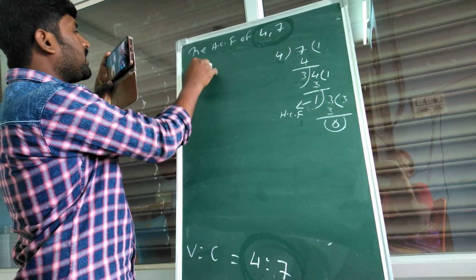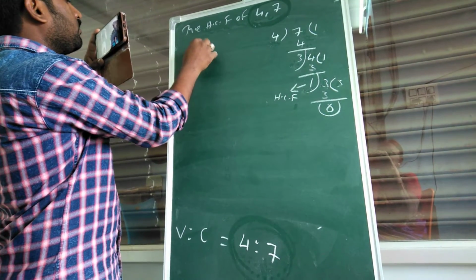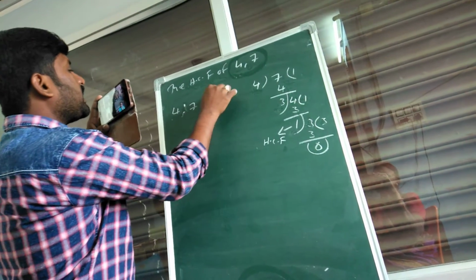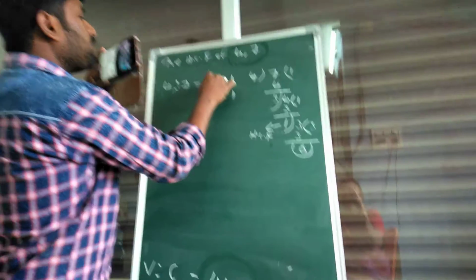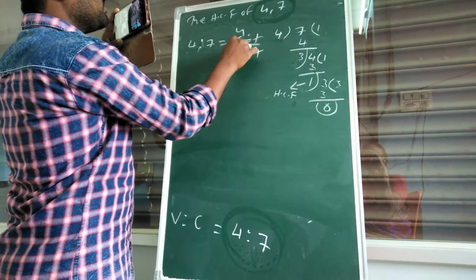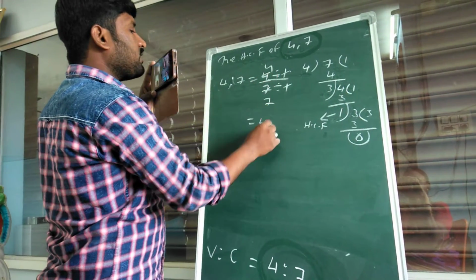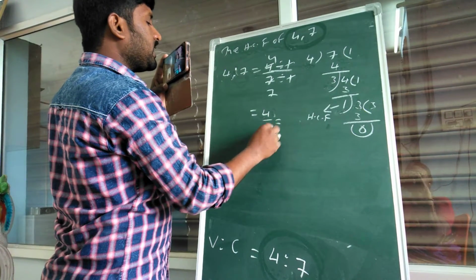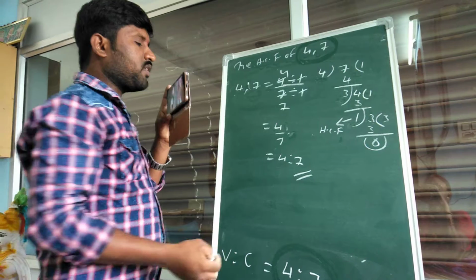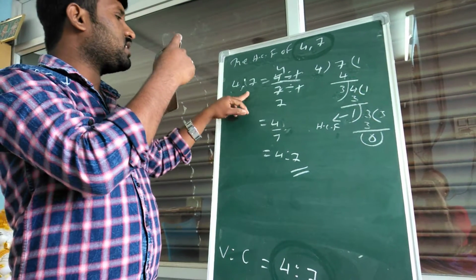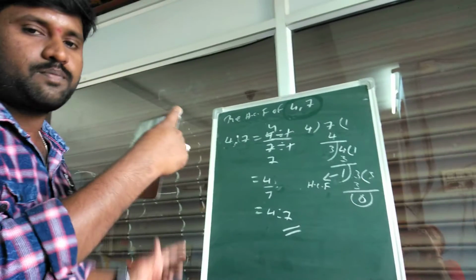Then you divide. We have 4:7, then we can write it as 4/7. You divide with 1, then what happens? See, 1 4s are 4, 1 7s are 7. Again you will get 4/7 only. Then how can we write it? 4:7 only. The simplest form of the ratio 4:7 is again 4:7. Okay students? Thank you.